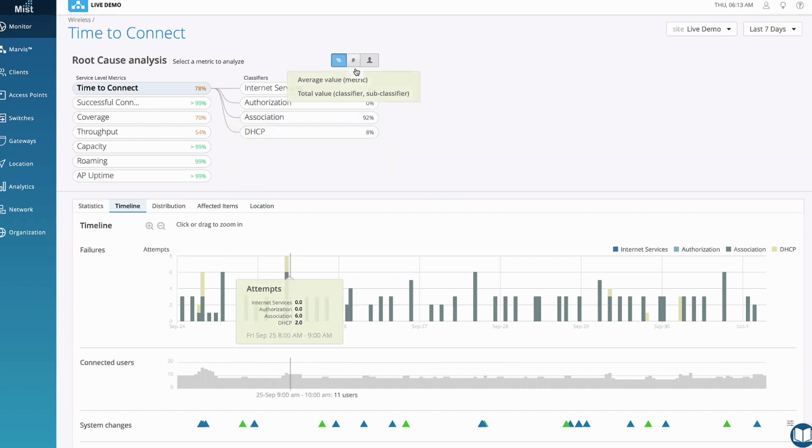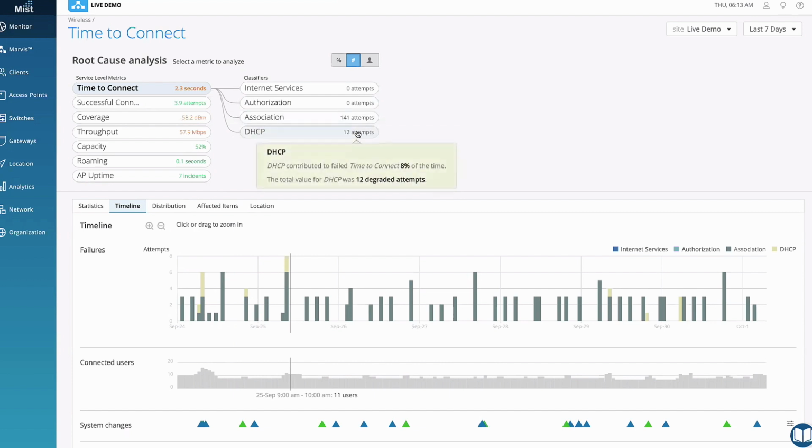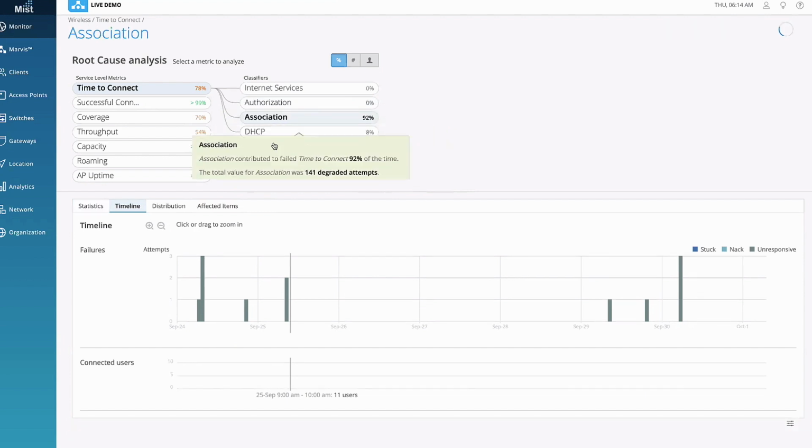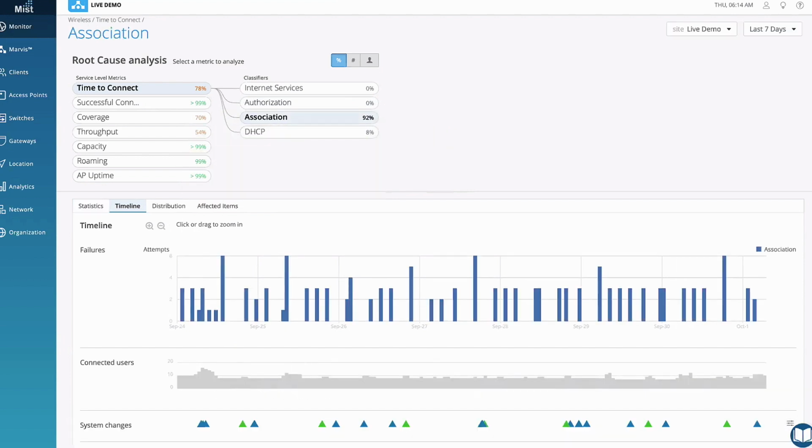We can even see these values in percentage measures, even the number of failed attempts, and even the number of users that are impacted. And even if we go into DHCP, we can drill down further into DHCP stuck and unresponsive and things like that. I'm actually going to take a look at association, and then not only do we have all of this information at our fingertips over time, we can see if there's been any system changes or configuration changes that might have